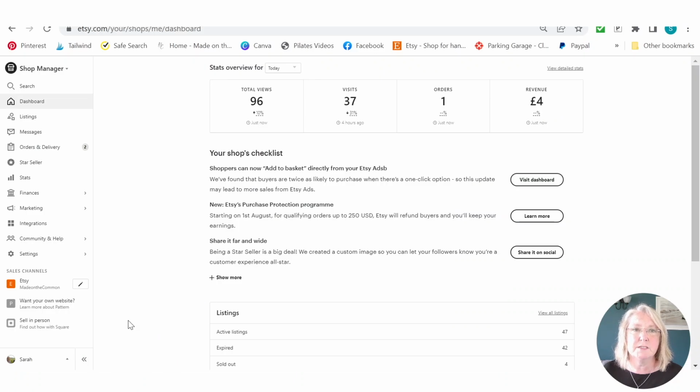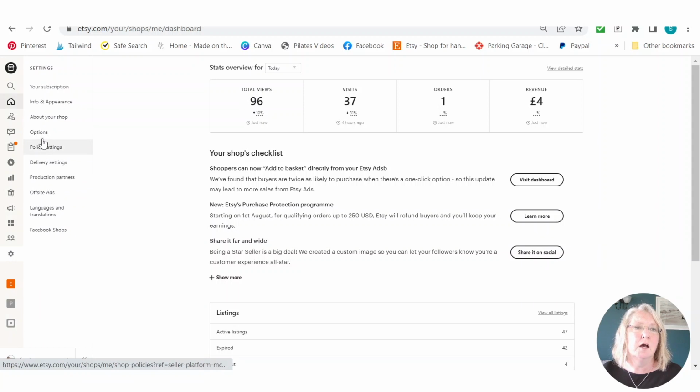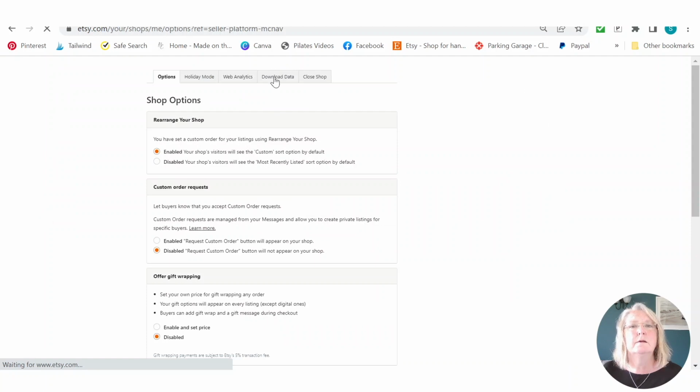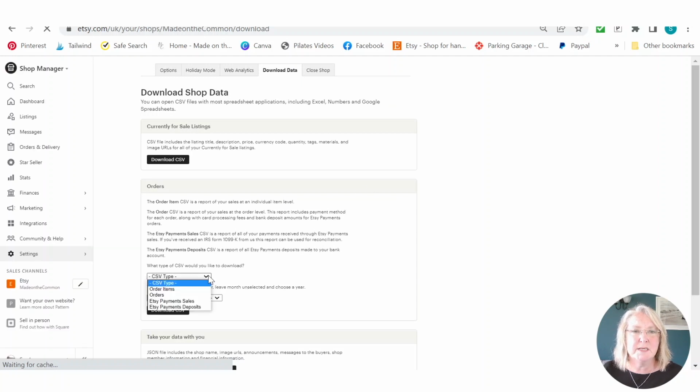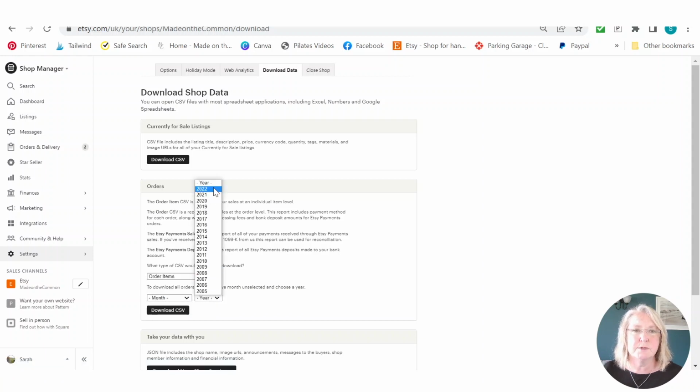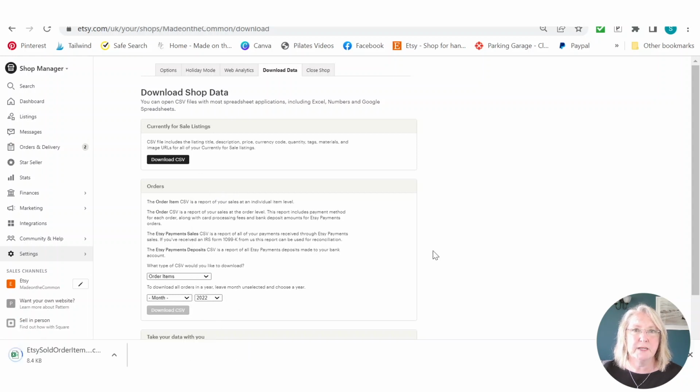If we go back to the shop dashboard, again it's under settings, options, download data. It's in the same area, but this time we need to make sure that we choose order items. Again, you can do a month or year at a time. So if I do 2022 and download the CSV,